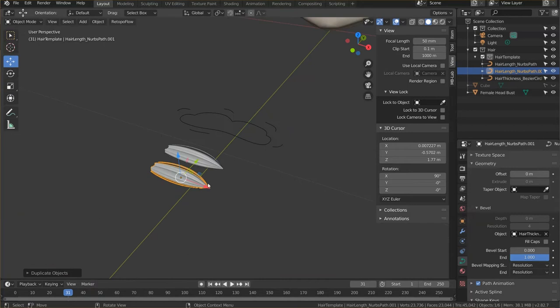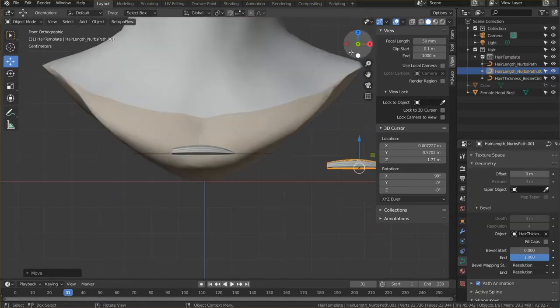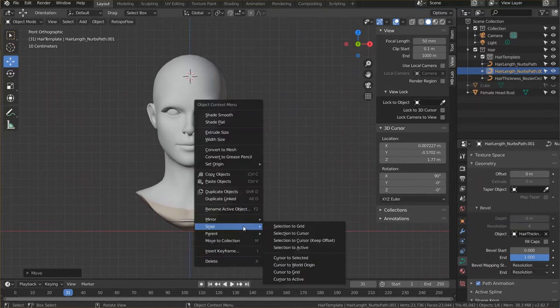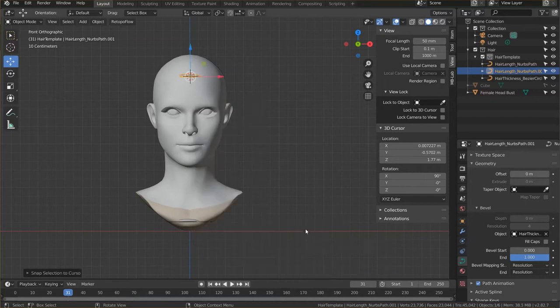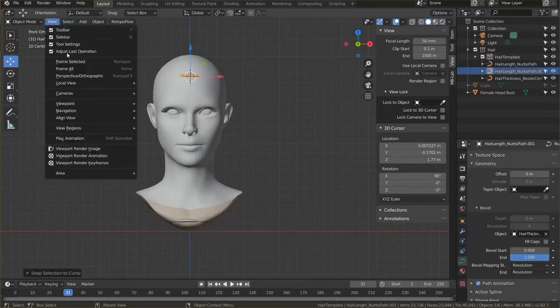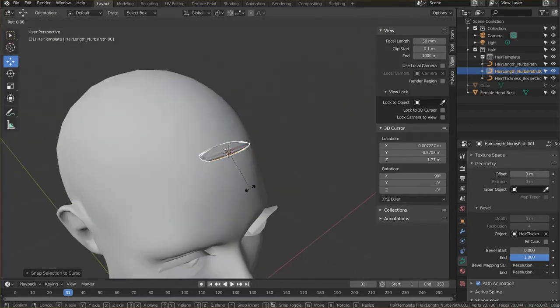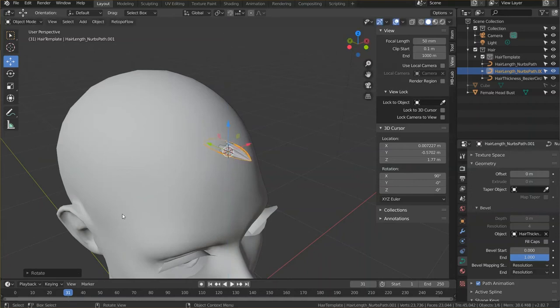Now I want to position this guy, front view. There we go. On my character's head. So I will right click it to get my snap menu from the context menu and selection to cursor. I want to zoom in on this guy, frame selected. Now rotate X, Y, X set, yeah, here we go. 90 degrees, or minus 90, close enough. Rotate by,